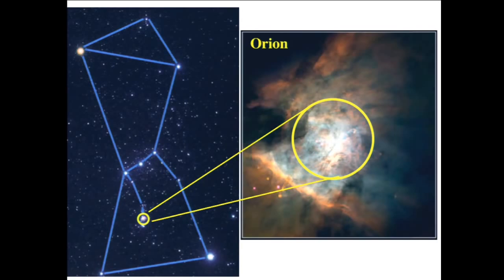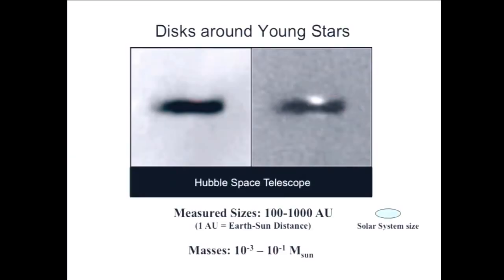And so if we now zoom in to specific locations in the Orion star-forming region, you see pictures like this. These are disks around newly formed stars where there's so much stuff in the disk that it's blocking the background light. And so you're seeing the disk actually in silhouette. It's shading out all of the background light, so the dark region traces out the size of the disk.